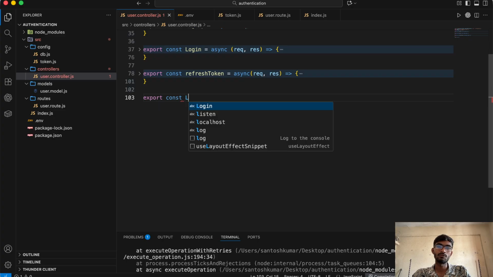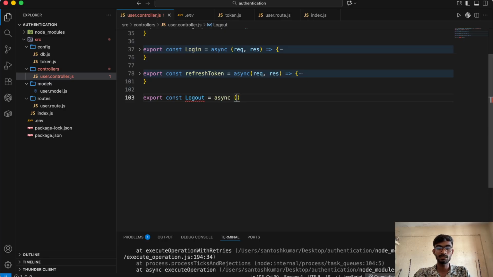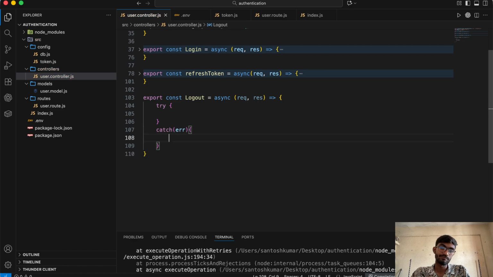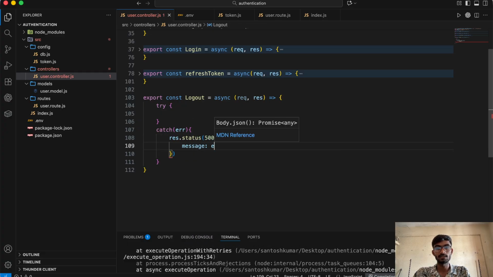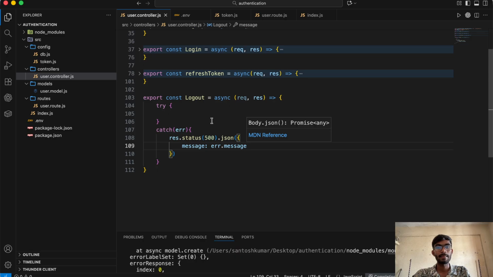And then after that, const logout. Okay, logout router. For that I need async, request and response, and I can also use try and catch for the error, and response.status is 500, and I send a message property like error.message. Okay, and